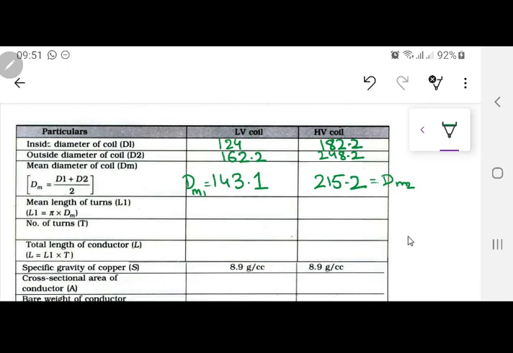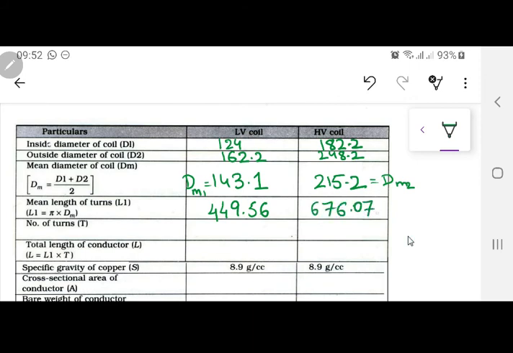Okay, the mean length of the turn, this means actually the circumference we are trying to find out over here. So we are multiplying it by pi, by diameter, which is actually 2 pi r, the circumference. So this is pi into dm. Multiply this please. 3.141592654 point something. 449.56. I'm not using the word millimeter over here, but as a habit, please use that. I don't have much space, so that's why. The next thing, 676.07 millimeter.